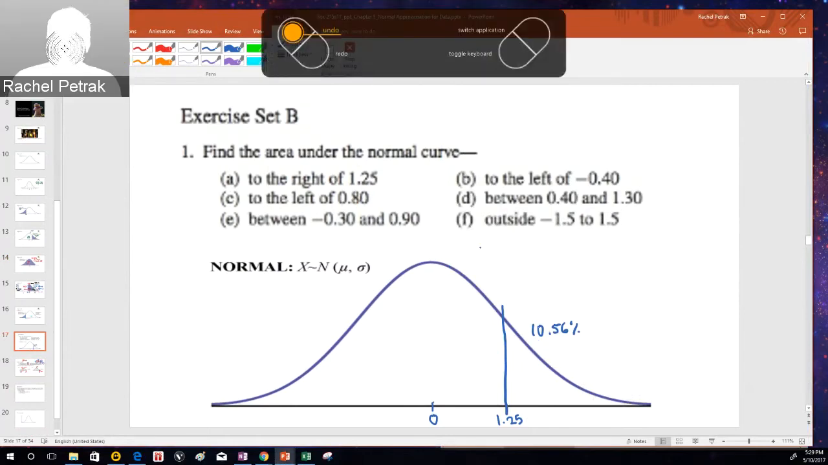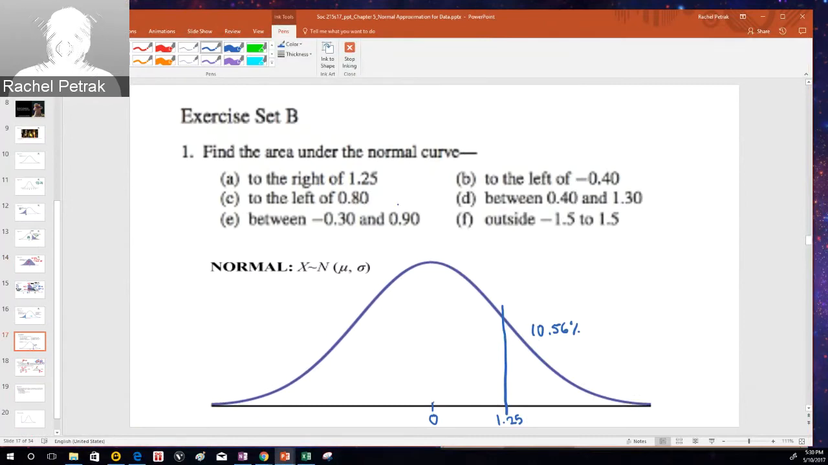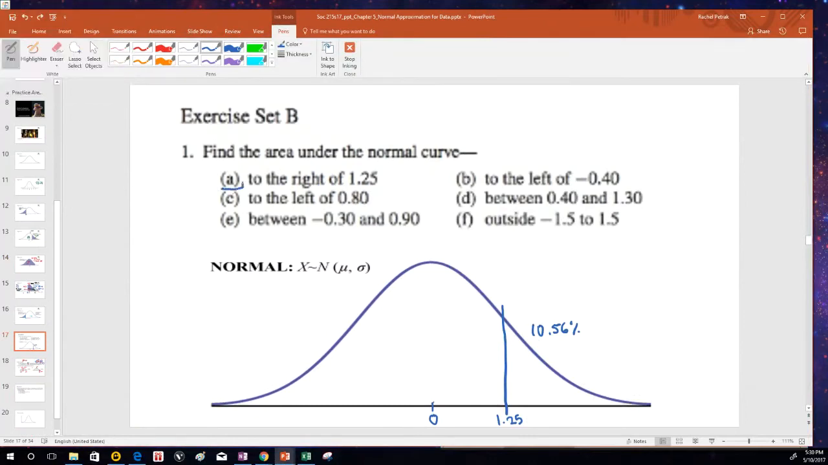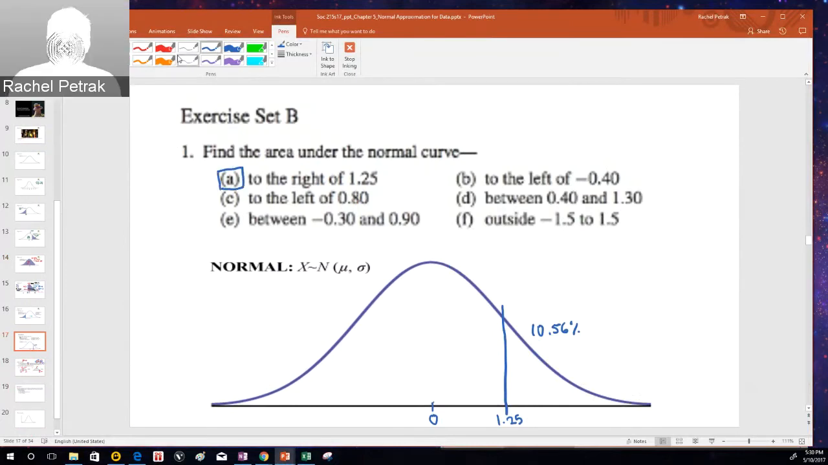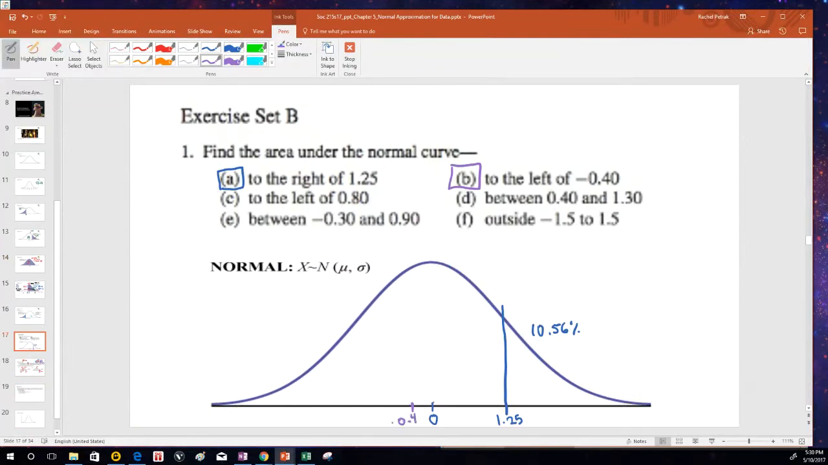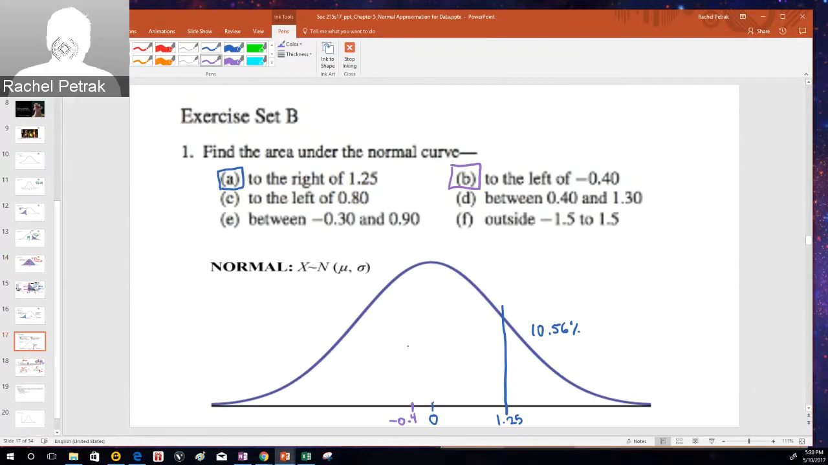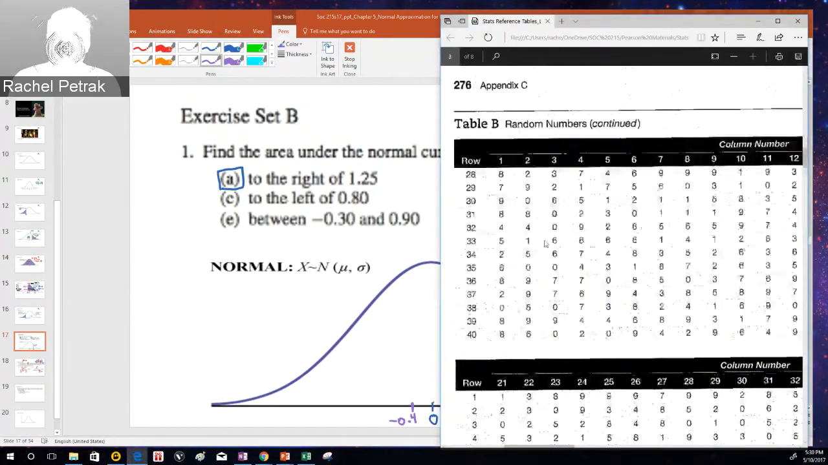Actually, I'm going to switch colors between these examples so we can keep drawing on this curve, and this way you'll know which color is which. Next we'll do B. What's to the left of negative 0.4? Well, a negative score is going to go below the mean. 0.4 is going to be a lot closer to the mean, maybe about here. And again, we can just go right to our Z table, look up a score of 0.4,